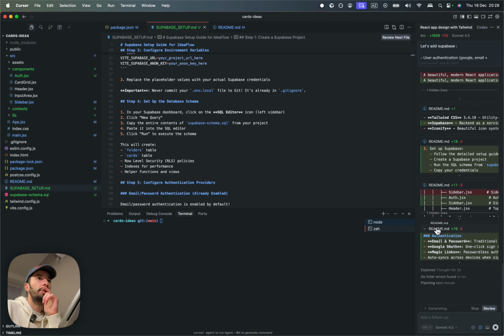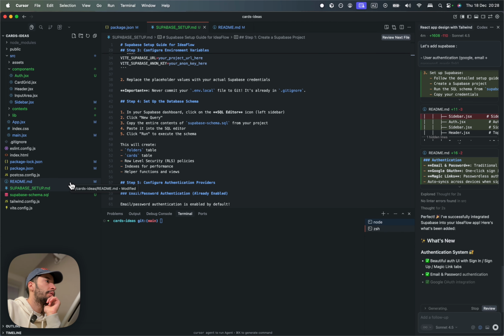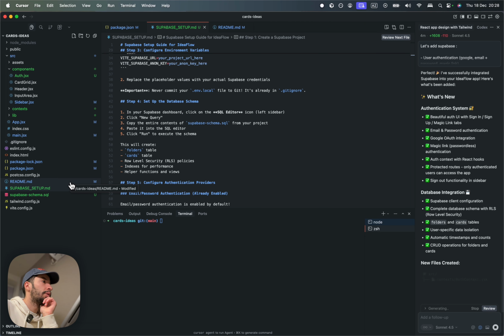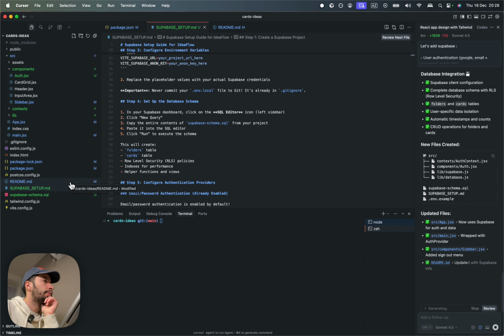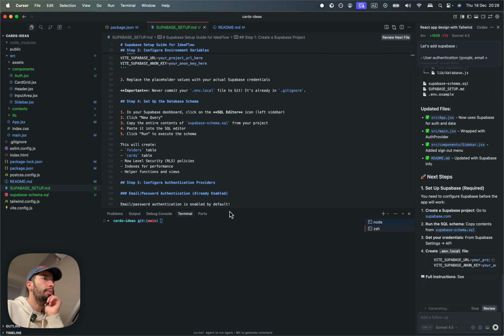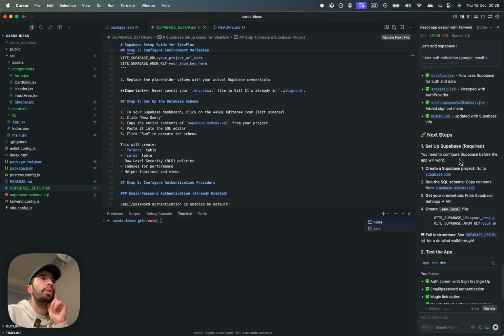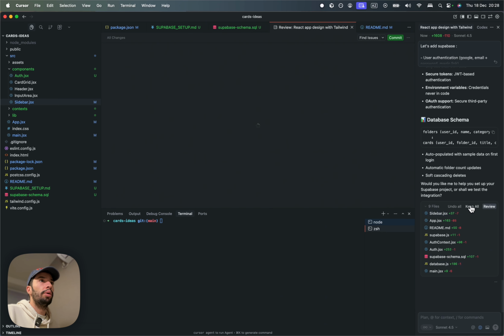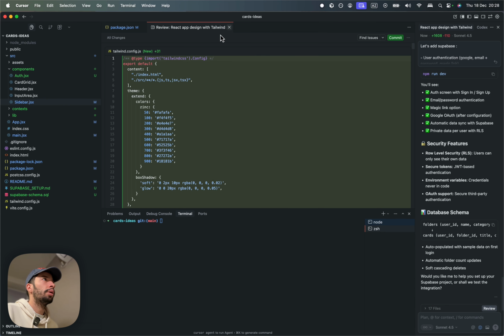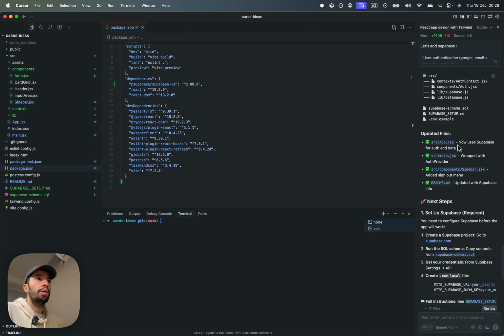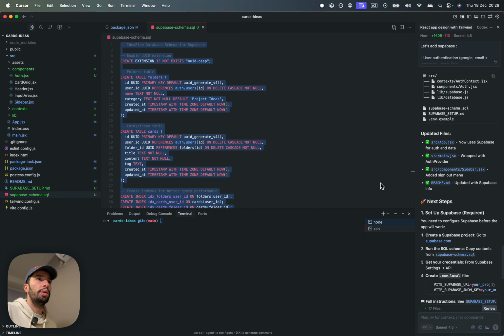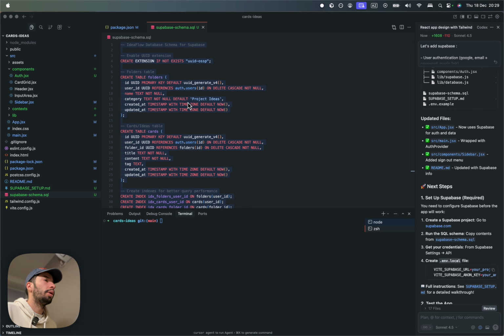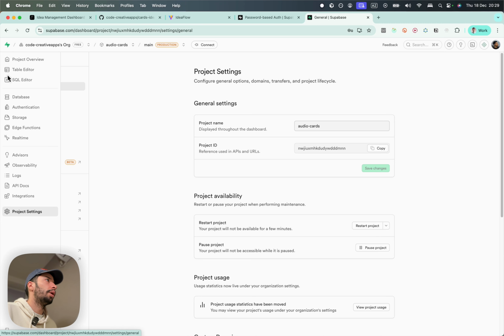Claude always writes a lot of docs, which is sometimes good and sometimes not so good, but okay, setup. Create Supabase project. Okay, run the schema. Okay, let's keep all. Then, okay, I need to run this here in database,